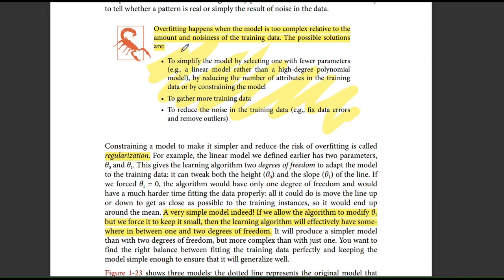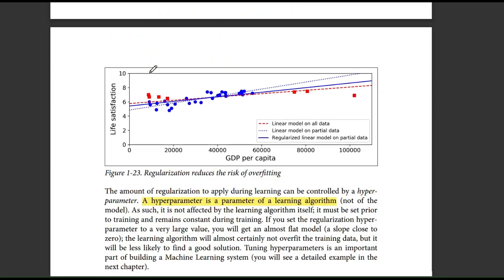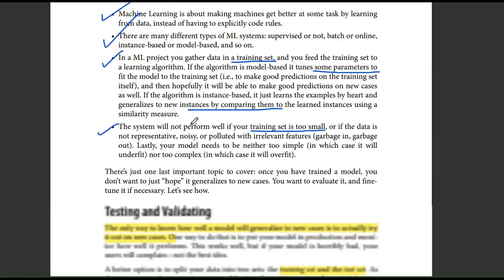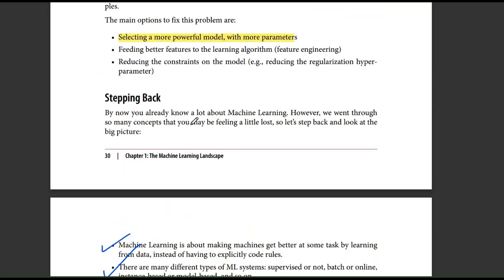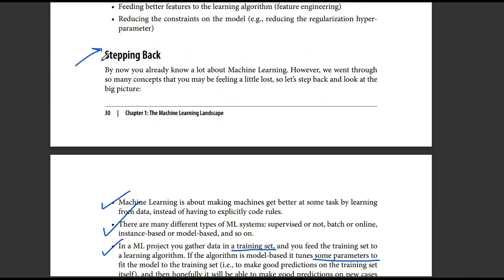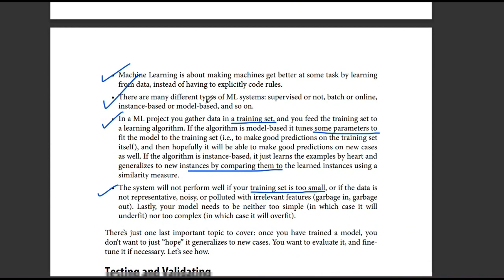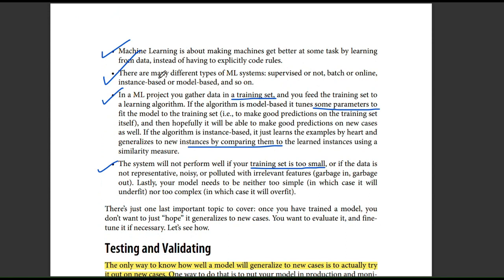Bad algorithms, first of all, can be overfitting. Our model is fitting the training data set very well, but is not able to generalize to new data instances, which means the model is overfitting: it performs very well on the training data and is not able to generalize to the new data set. We'll read about overfitting in much more detail in the upcoming video. Underfitting is when it is not able to fit the training data set very well.